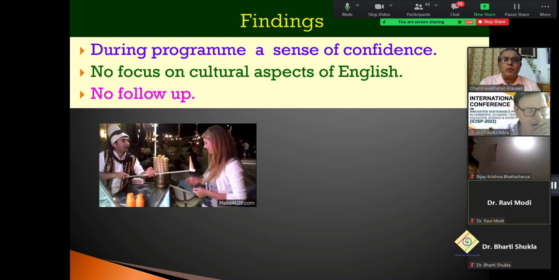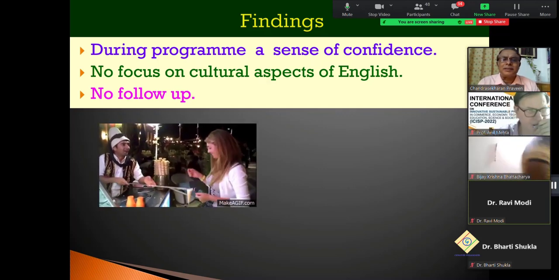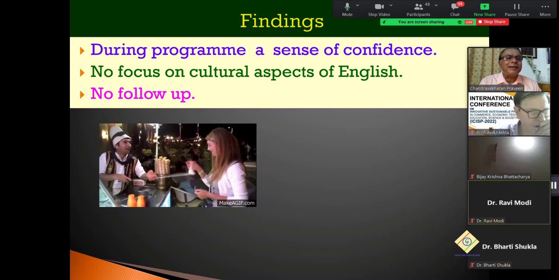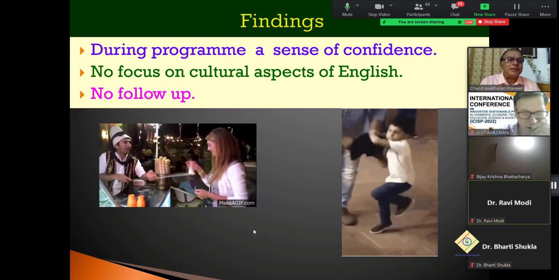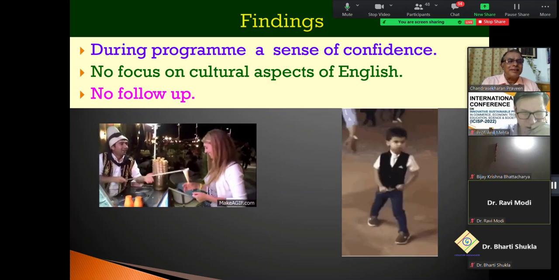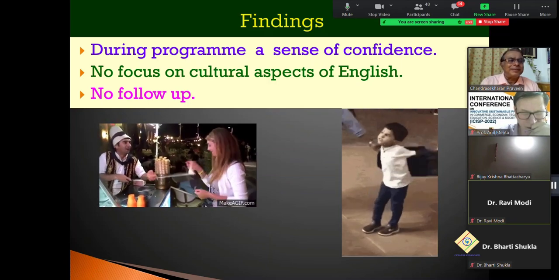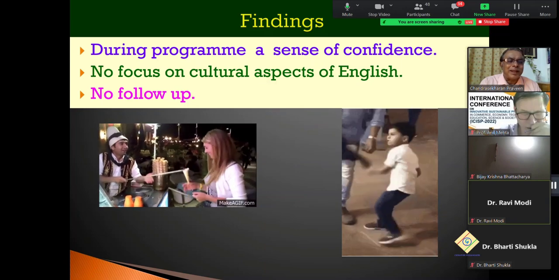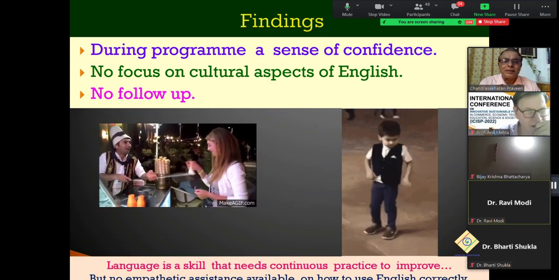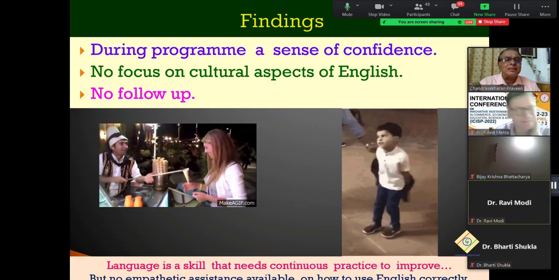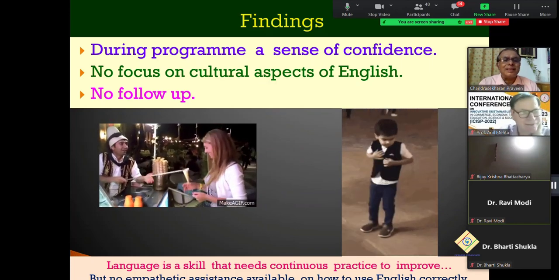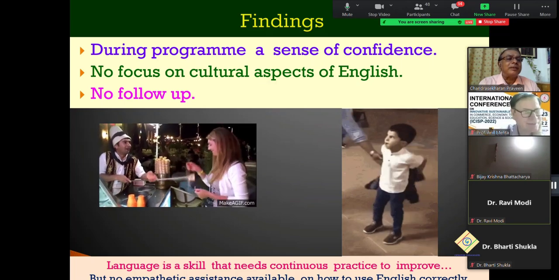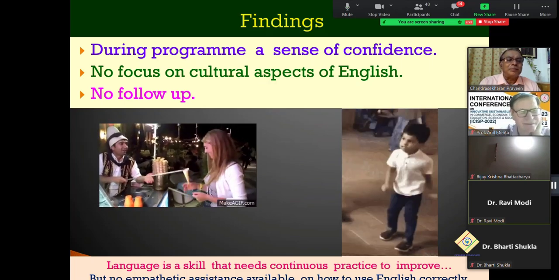Now imagine someone goes to a shop after having an empowerment program. Says this man, and naturally, what to say on this occasion? They look at this boy. When this was done to him, he gets very angry. He goes to fight with him. This is not the way to react. You have to use language. Now, the thing is that there is no empathetic assistance available on how to use English correctly. Language is a skill, and you need continuous practice to improve. That is a problem here.